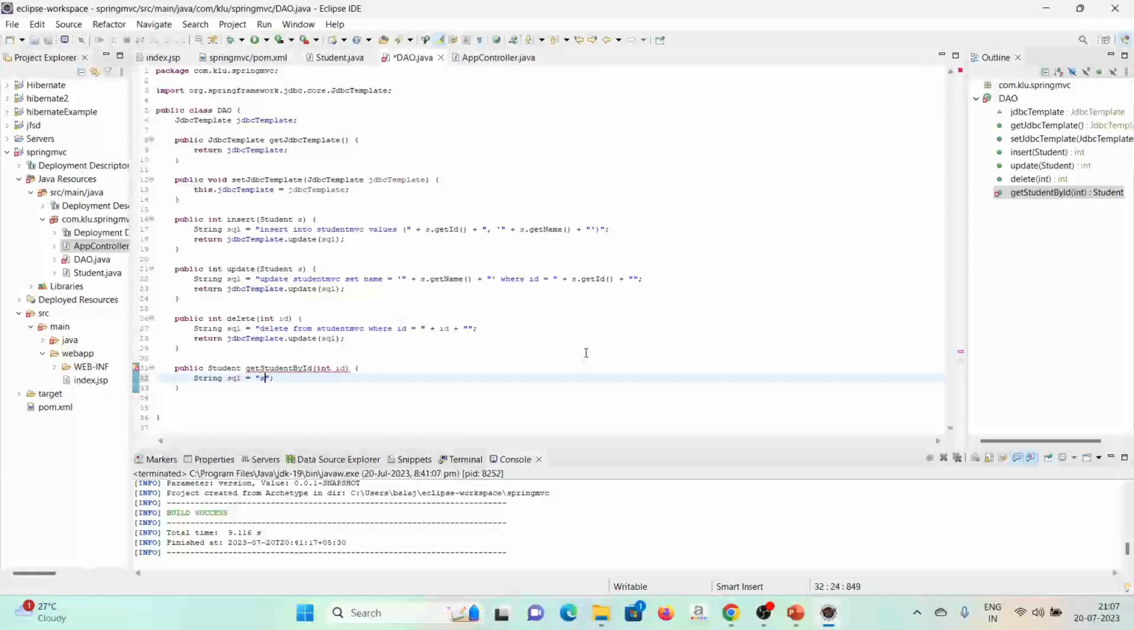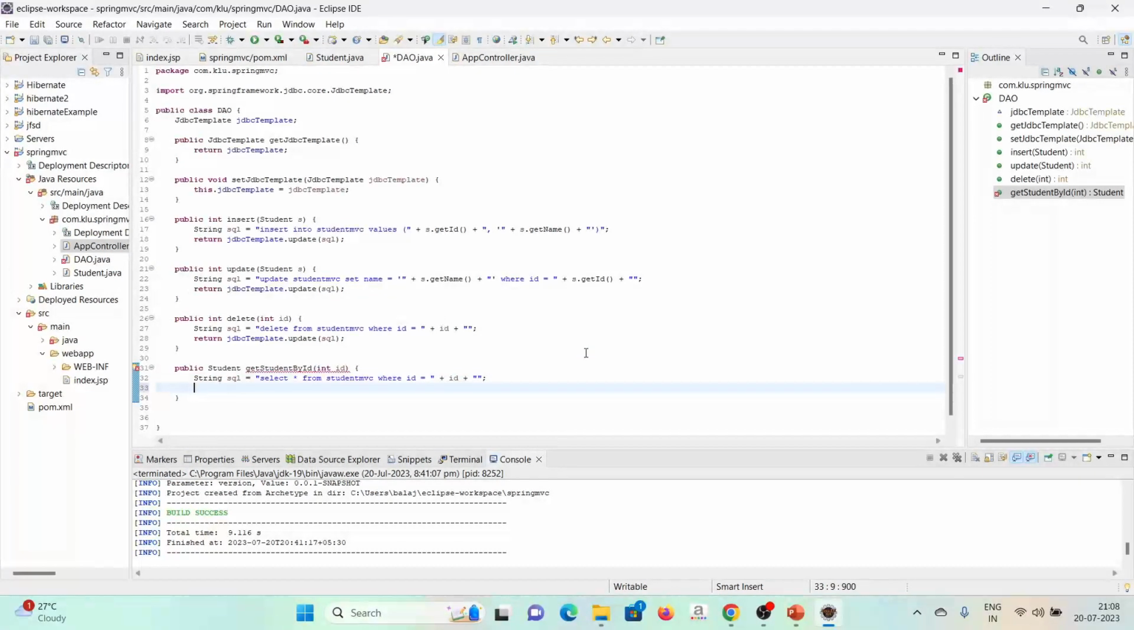Just I have to write select star from student MVC where id equal to, I have to once again split the string. Just in the same manner I am splitting it, id. So now I have to return it. Return